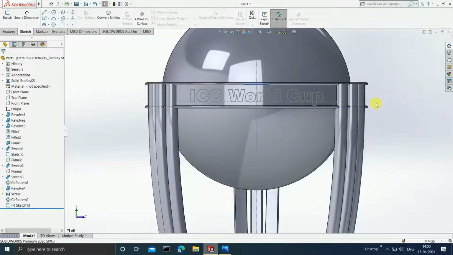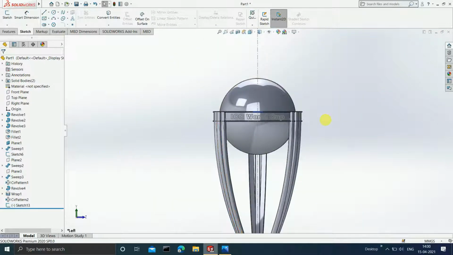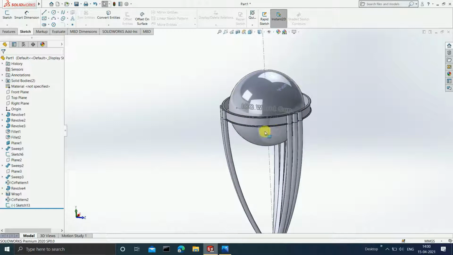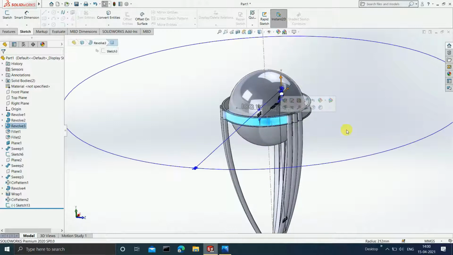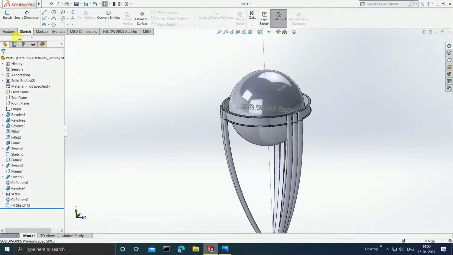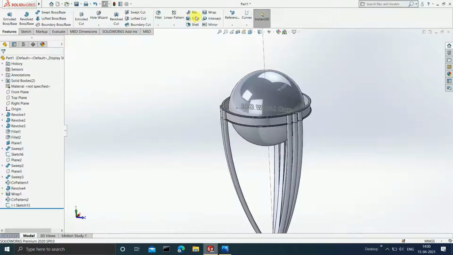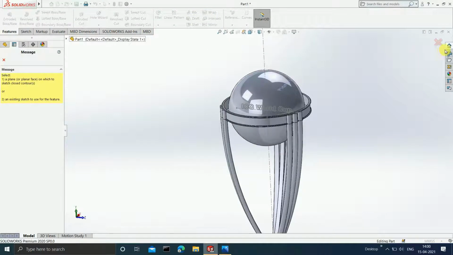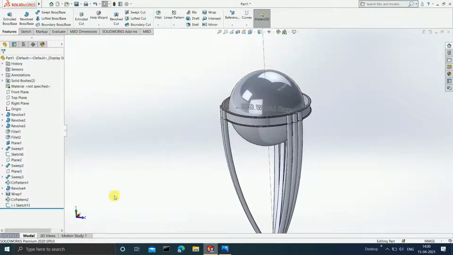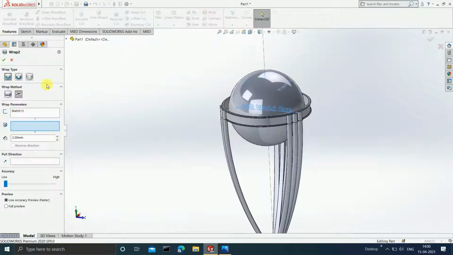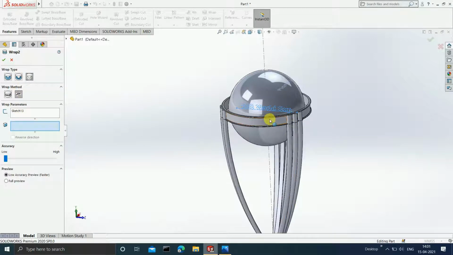Now you can end your sketch, and after this again you see this is on the right plane, you want to be wrapped on this particular face. So therefore you will go to features, click on wrap, sorry my bad. So therefore guys, you will select this sketch and you will go to wrap, and on this you are now just simply going to select scribe, and on which particular face you want to scribe is this one, right? So now you can click on OK.